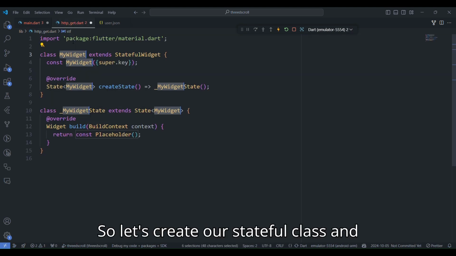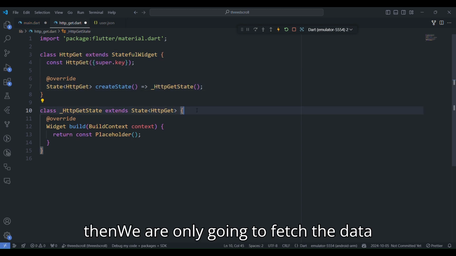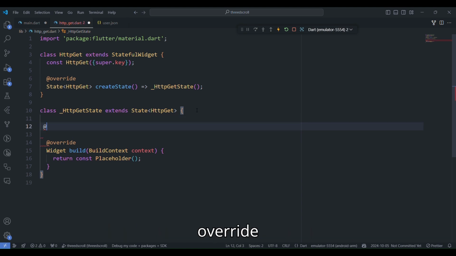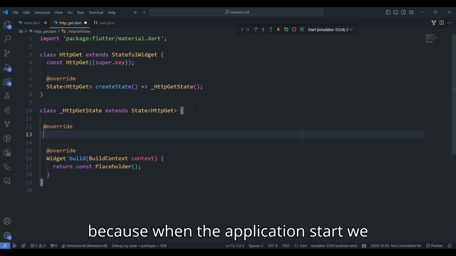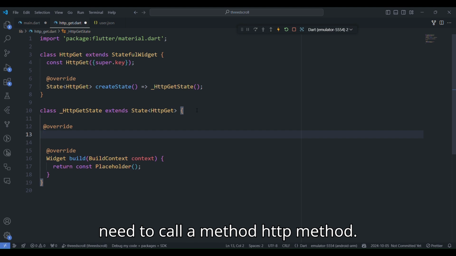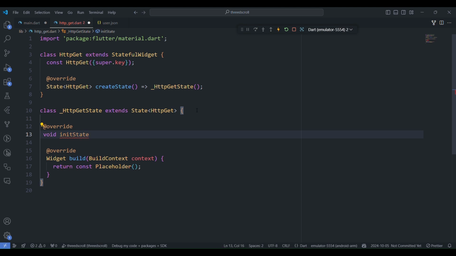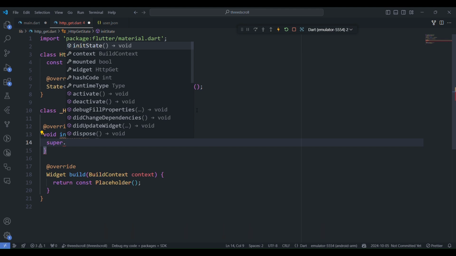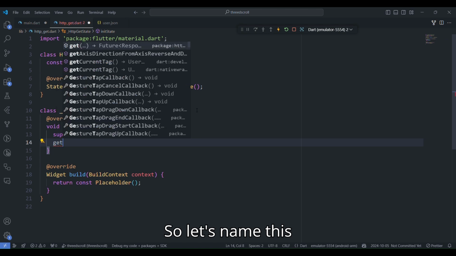So let's create a stateful class and then name it HTTP get, and then we are only going to fetch the data from the server, so we are not going to display it currently. So let's create an override, because when the application starts we need to call a method, HTTP method. So for that we need to call this init state method in our application. With this method, when the app loads first, the function of the HTTP method will be called. So let's name this method get user,